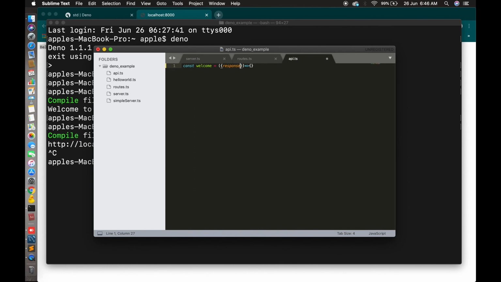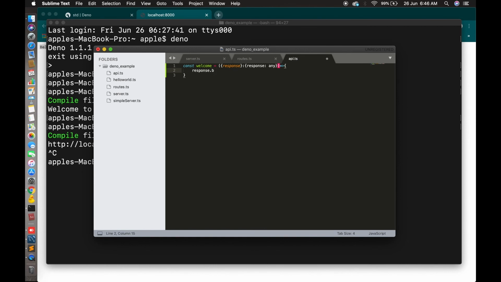So let's mention response colon, yes, response any. This is the type I'm mentioning here.